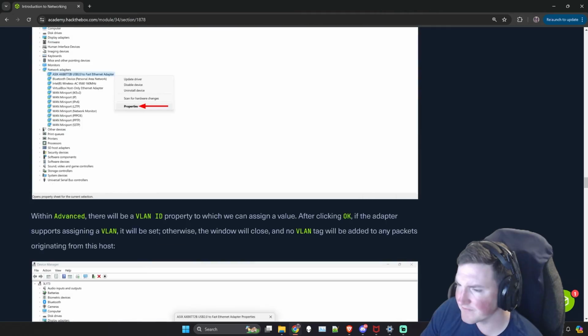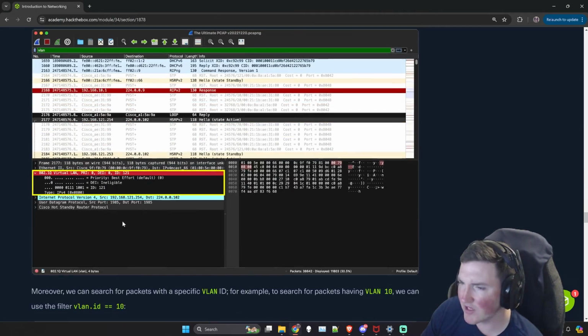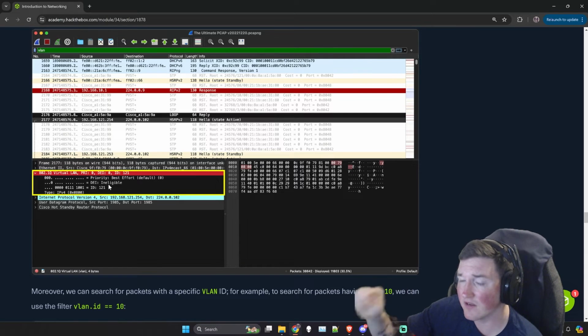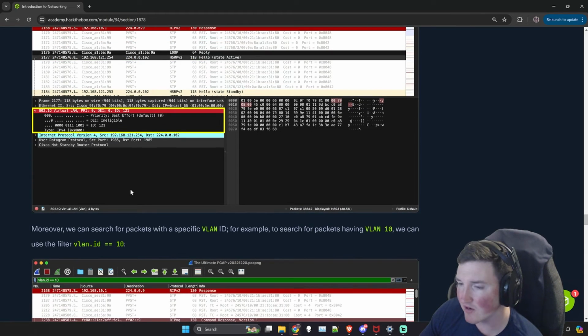Now we come down here, and we look at it. Look at that. PRI, DEI, there's your ID right there, and it's the 802.1Q protocol right there, or standard, excuse me. And you can see there's the ID 121. So they're on VLAN 121 in this screenshot.